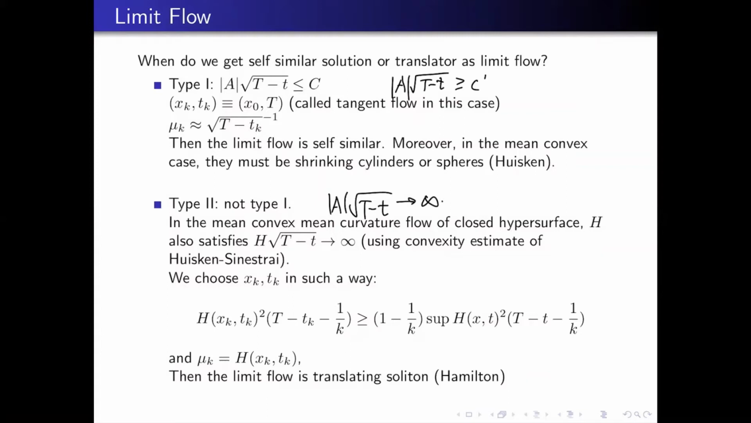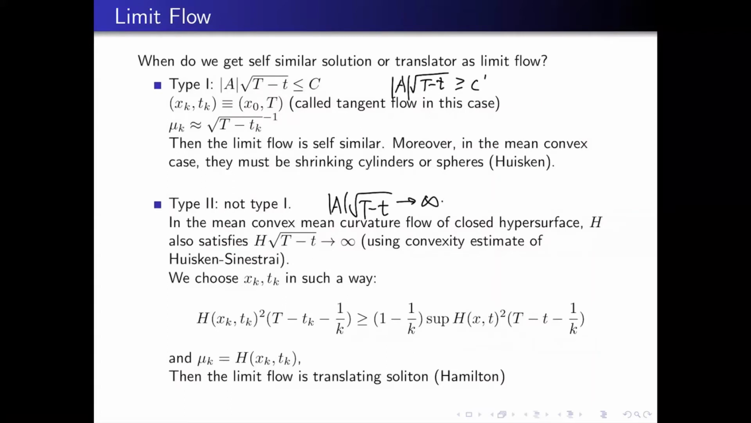In this case, we can choose xk and tk in the following way. So xk and tk are such that this quantity is almost maximal. Note that if we don't subtract 1 over k, then this quantity, H squared times the remaining time, goes to infinity because of this. So it doesn't make sense to talk about the sup, because the sup is infinity. But when we subtract a factor of 1 over k, then this capital T